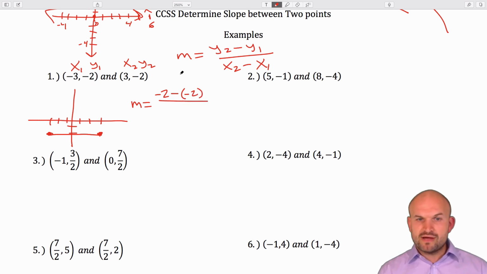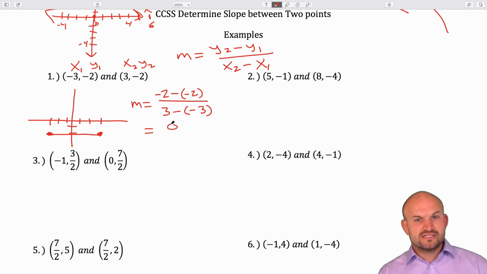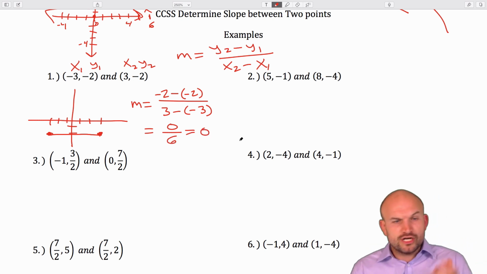It's y2 minus y1, and y1 is -2. Then we have x2 minus -3. Well, when you go ahead and simplify this, -2 minus a negative is positive. So that's a 0 over 6, which is just equal to 0, which confirms what we already knew from the